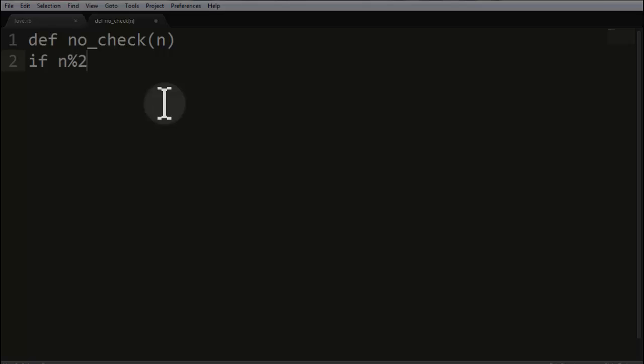If the number is even, then it gives the result 0. Here I have divided the number by 2, and if it gives the result 0, then we are going to get the result: entered number is even, right?